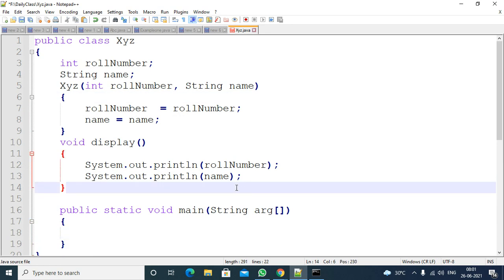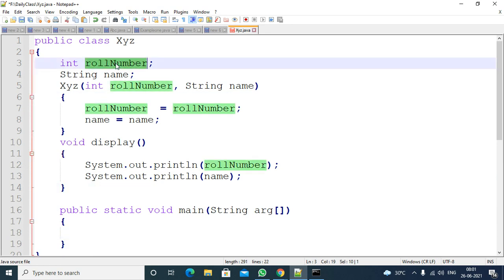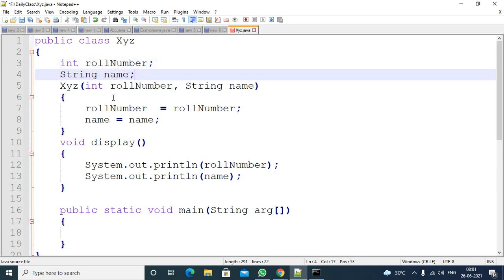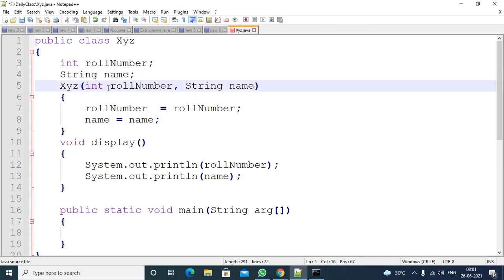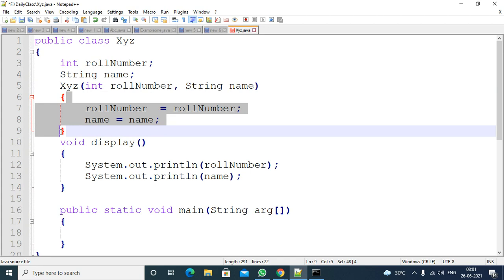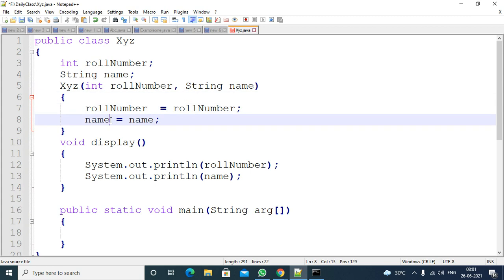In this class you have two variables. These two are instance variables, and there is a constructor with two parameters. One is an integer parameter, the second one is a string parameter. Inside the constructor I am assigning the values: roll number to roll number, name to name.